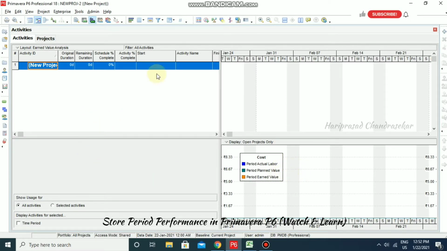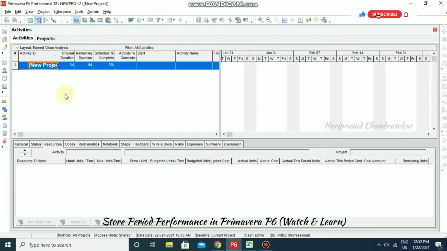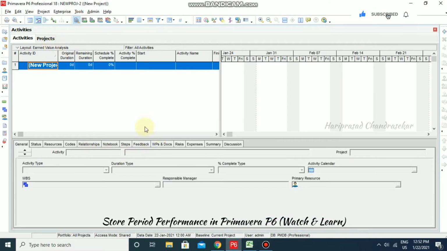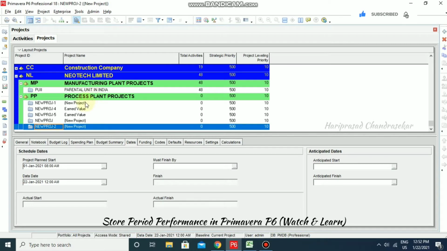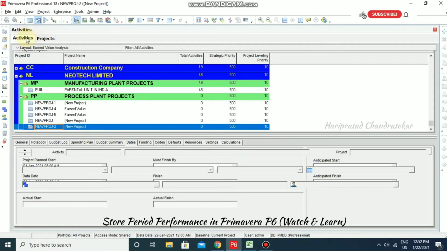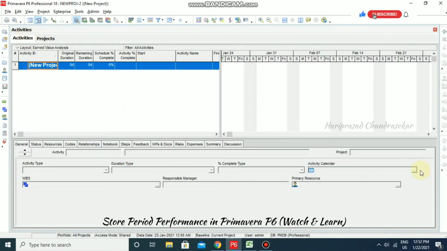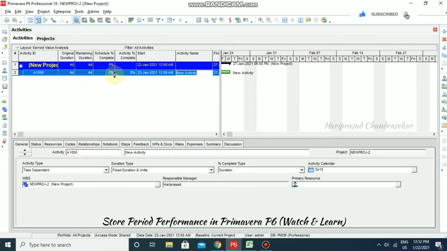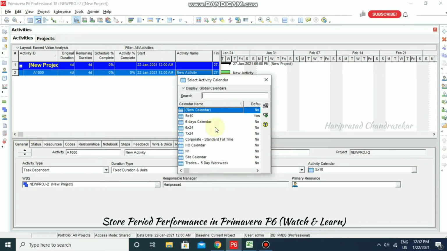So here we can go for Details. So we can go for the calendar, which calendar this project uses, like in activity we can choose now. So from here, I'm going to create one activity, and I am going to choose the activity calendar.